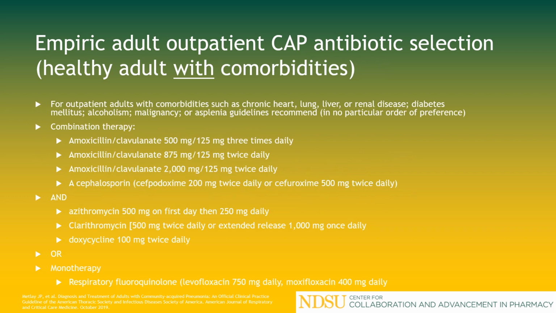The choices for empiric adult outpatient community-acquired pneumonia antibiotics in adults with comorbidities like chronic heart, lung, liver, or renal disease, diabetes mellitus, alcoholism, malignancy, or asplenia are a combination of either amoxicillin clavulanate 500 mg/125 mg 3 times daily, or amoxicillin clavulanate 875 mg/125 mg twice daily, or amoxicillin clavulanate 2000 mg/125 mg twice daily, or a cephalosporin like cefpodoxime 200 mg twice daily, or cefuroxime 500 mg twice daily, in combination with either azithromycin